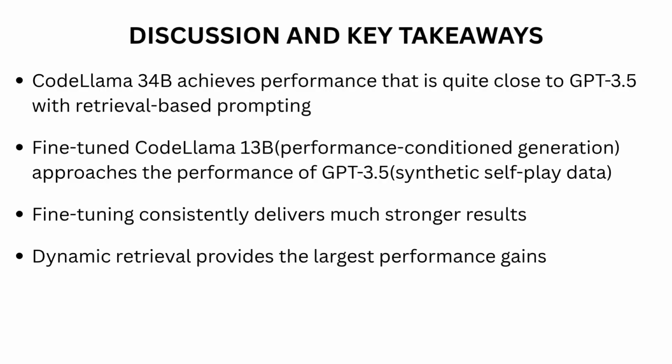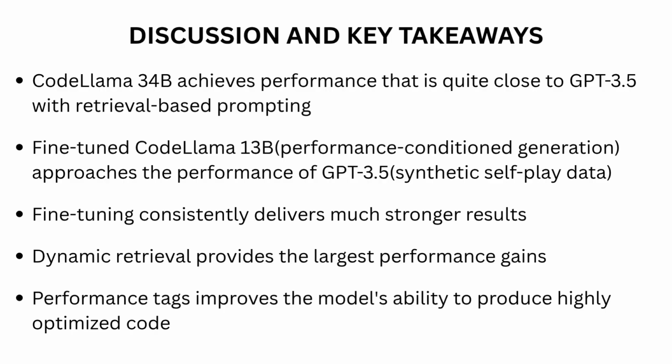The final takeaway is the effectiveness of performance condition generation. Adding performance tags during training dramatically improves the model's ability to produce highly optimized code. For CodeLlama 13B, performance condition training increases the optimization rate from 47.75% to 66.56% and boosts speedup from 3.43 times to 5.65 times. So, if we summarize the entire study in a few points,